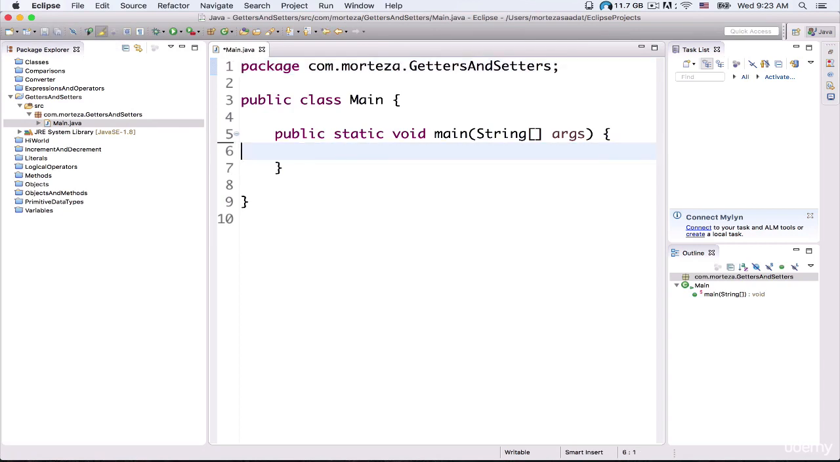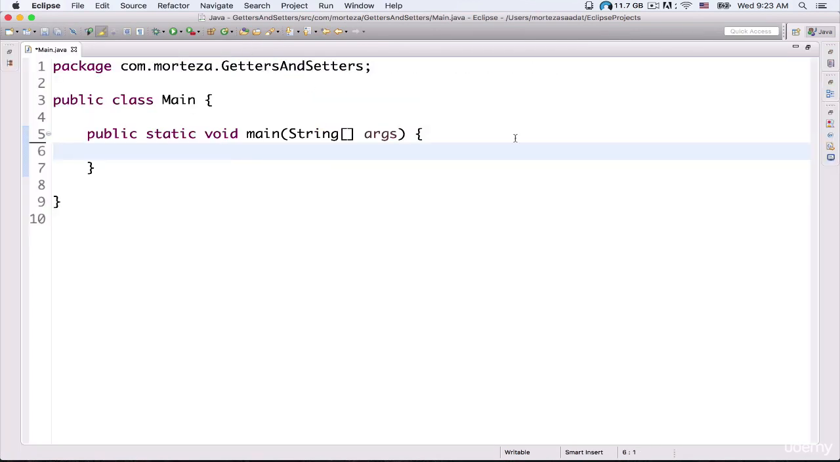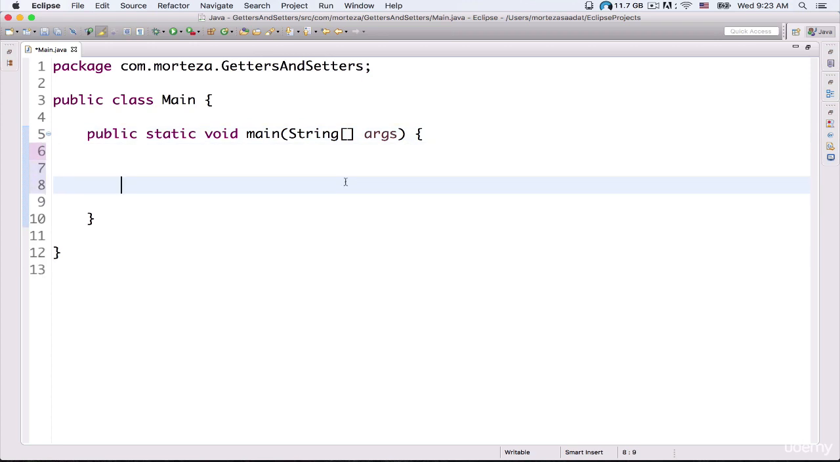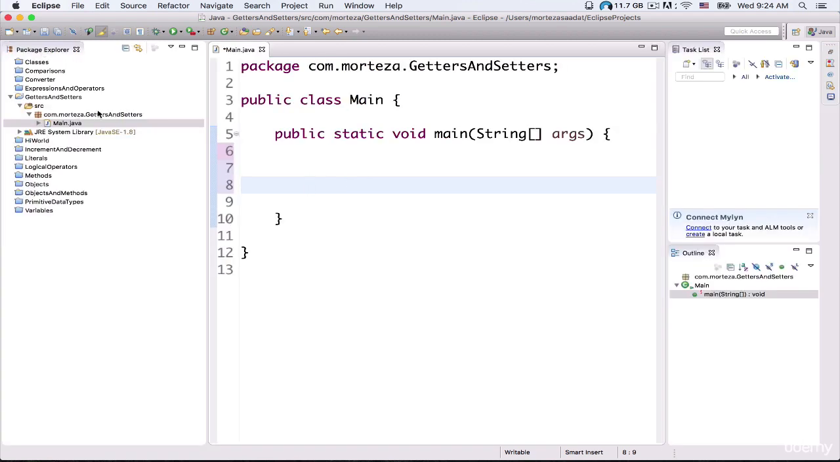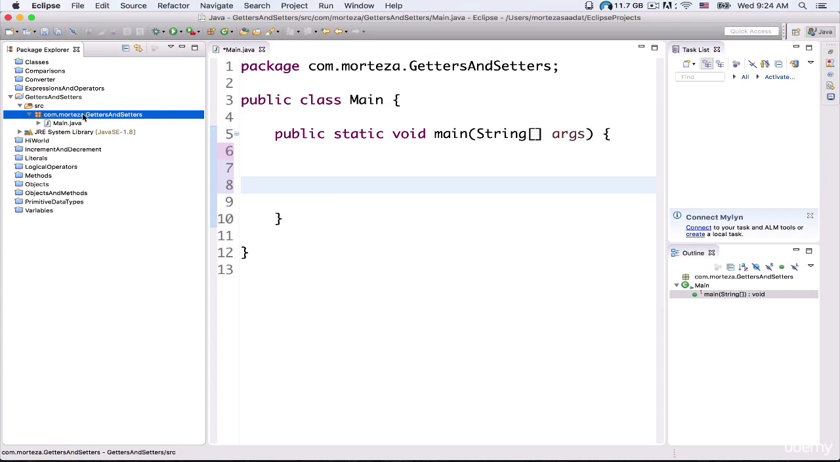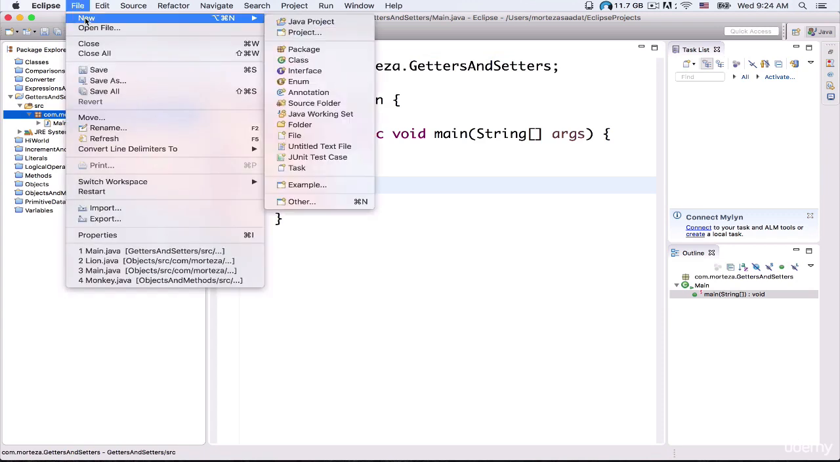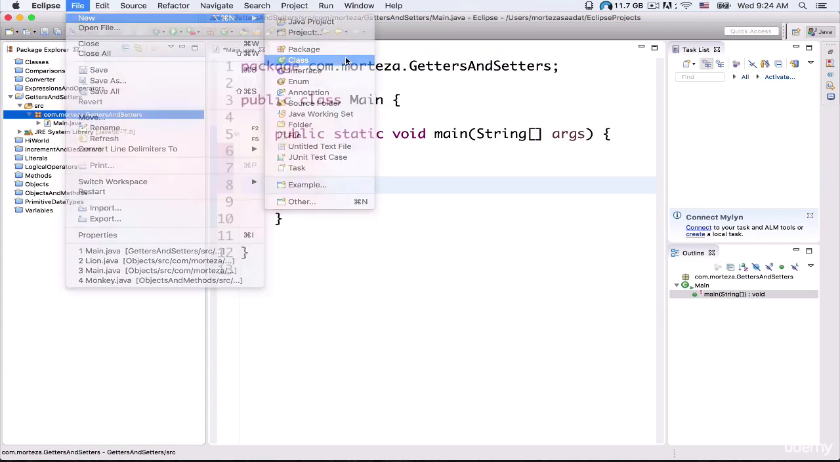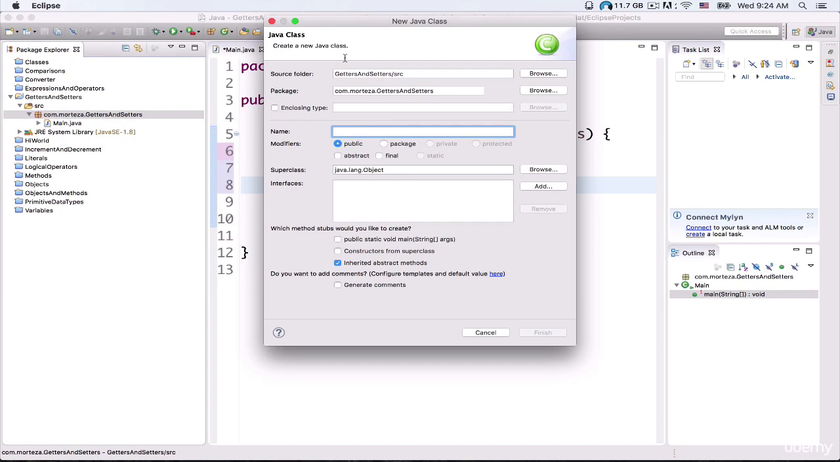And then let me delete this comment, and then let me make this area wider. So now we can write our codes here. Now I want to create a blueprint in order to show me how I can exactly create dog objects. So I need to create a class called dog. In order to create a class, I just need to click on this package here, and then click on File, New, and then click on Class. So the name of our class is dog,